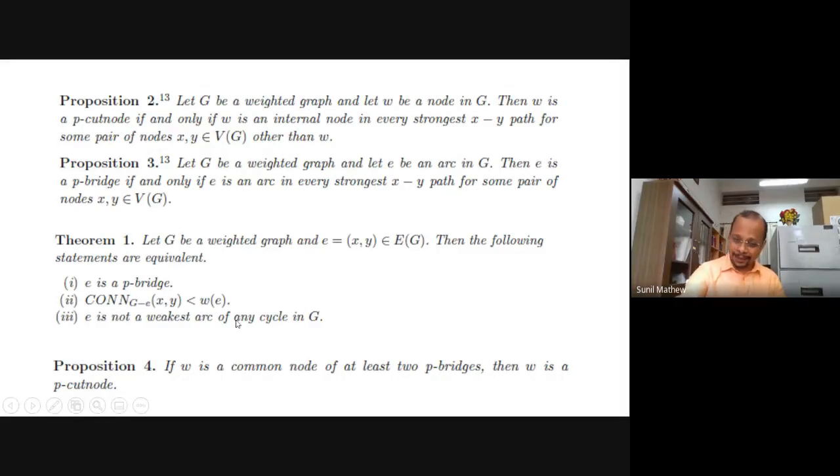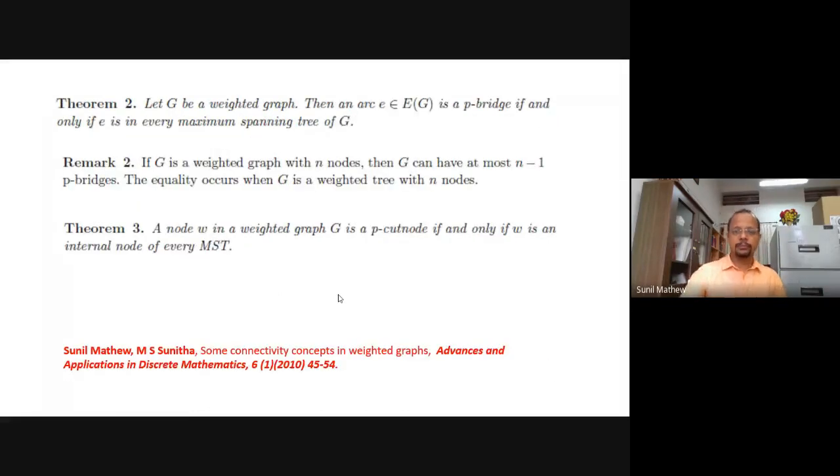And that cannot be the weakest arc of any cycle. Search all cycles, and if it is not the weakest arc, then it is a bridge. Okay. Now,